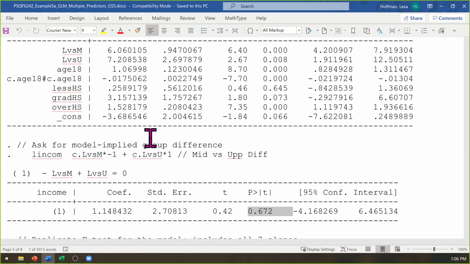Do you have to compare the slopes to each other to make sure they are different from each other? Well, that's what this Lincom statement actually did. It directly contrasted the difference of the slopes. 7.2 minus 6 is a difference of 1.1. So that answer simultaneously tells you if the difference between medium and low and the difference between upper and low are the same. It's easier to think about that as just giving you the difference of middle versus upper directly, but that's not it yet. Are we looking for the unique part of it? Yeah.